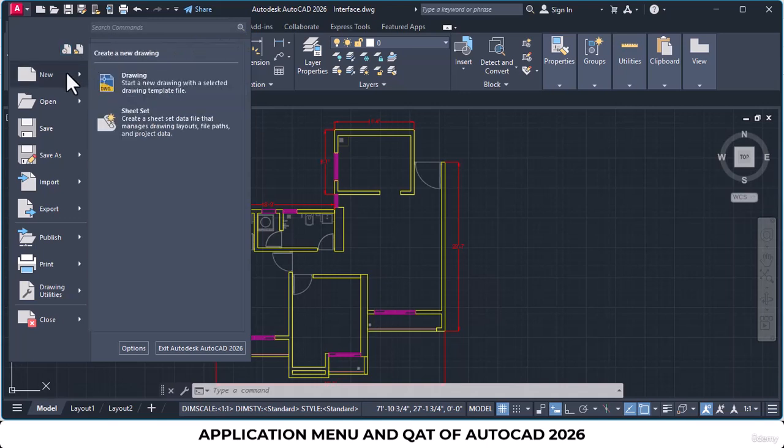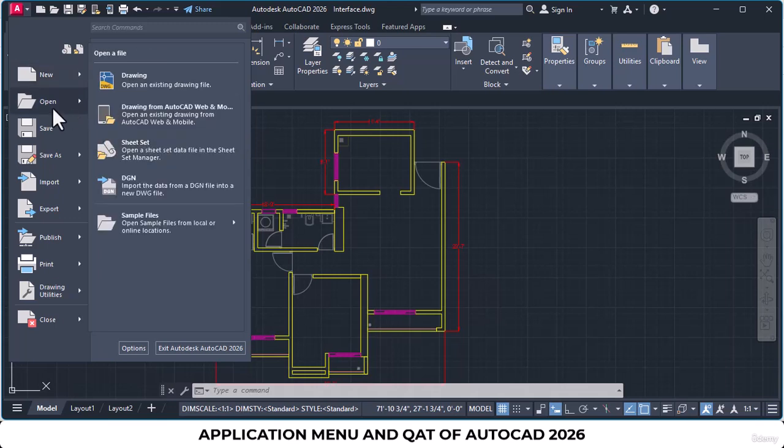Then here you get the option to create a new drawing. So you can create a new drawing with a selected template, or you can create a sheet set which stores the important additional information of your drawing, like the layout, the file paths, and the project data.